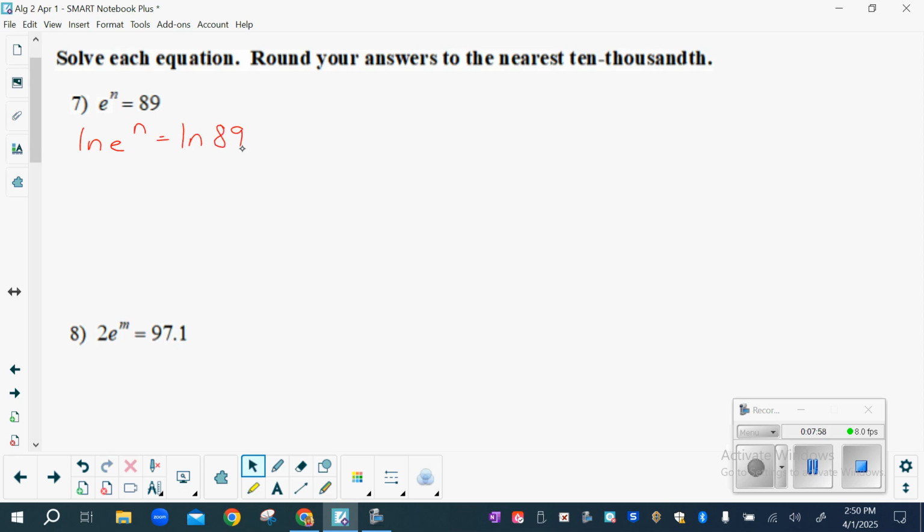Either one will work. It's just an extra step if you do log. So we did that so that we could do what with this n now? Where can we move this n? To the front. So it's n times natural log of e equals the natural log of 89. What did we just find out that the natural log of e was equal to? It's equal to 1. Because